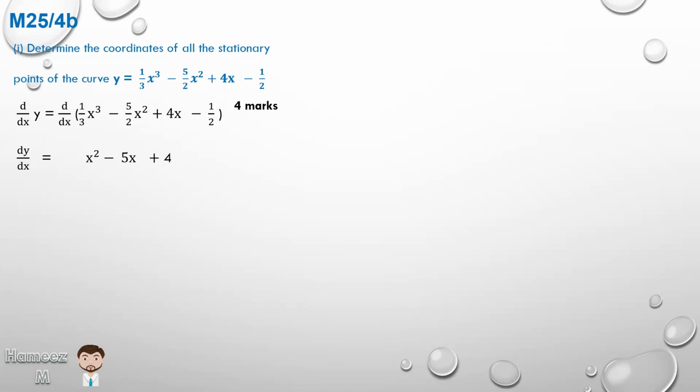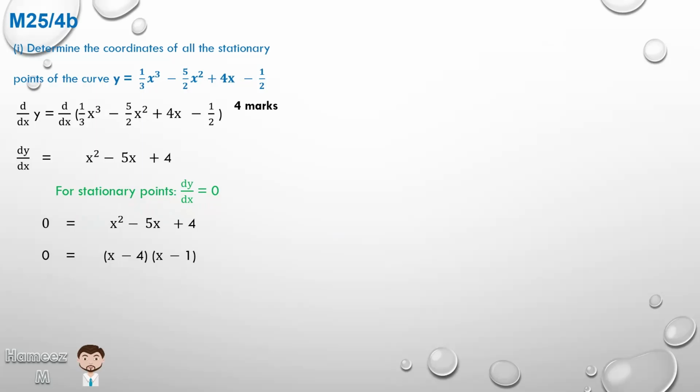And we are looking to find the coordinates of the stationary points. At the stationary points, dy/dx is 0. So we can say 0 is equal to x squared minus 5x plus 4, which means we have a quadratic equation now equal to 0. We can either solve for x here using the quadratic formula, or we can take a look and see if it can factorize. So this can factorize, so we're going to get 0 is equal to x minus 4 by x minus 1,